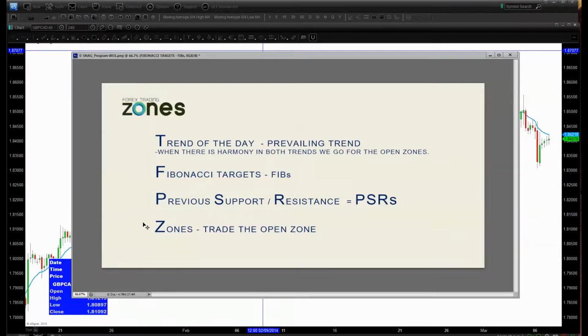The zones. Once we find our PSRs, we easily identify the open zone to trade for that particular currency. Now, we don't take many trades during the week. We trade most of the London session, but we don't take that many trades. I mean, you're going to get 3 setups per day sometimes, guys. There are 23 currencies that we trade with my students, and we only trade probably 6 of them